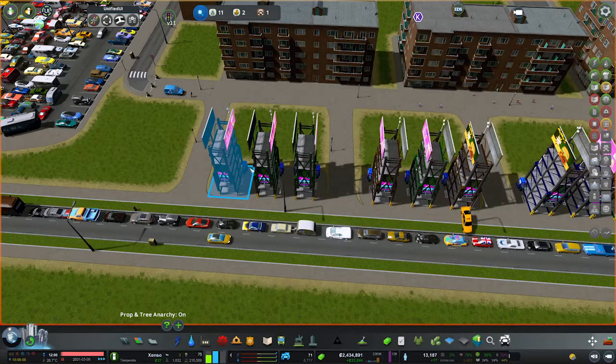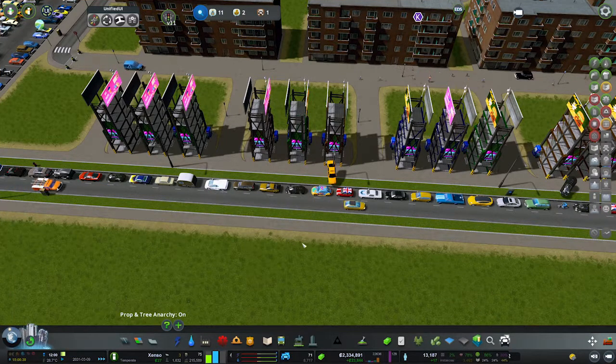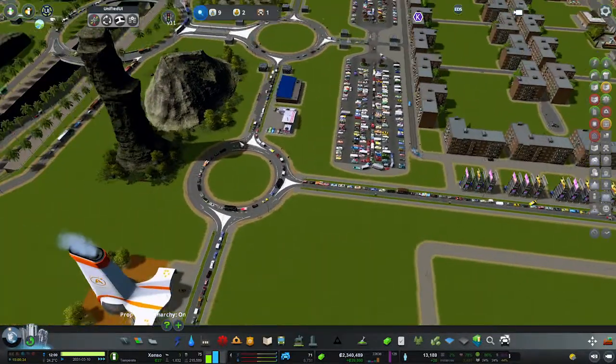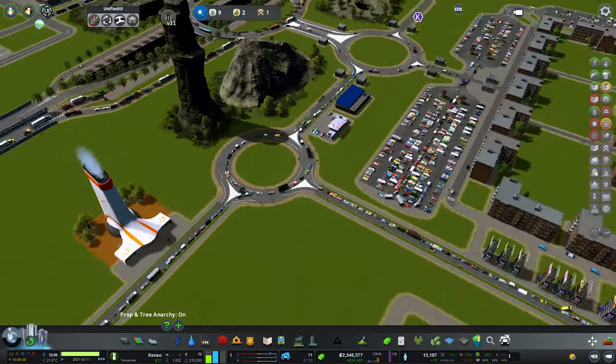41 of those should be giving us, wait a second, I'm not going to count that in my head. So 41 times 6 is 246 parking spaces, which should be quite a good amount of parking spaces actually. So let's just let this run for a small amount of time here to see